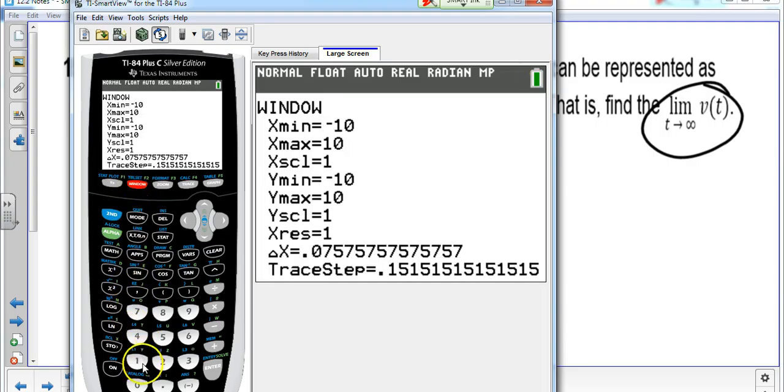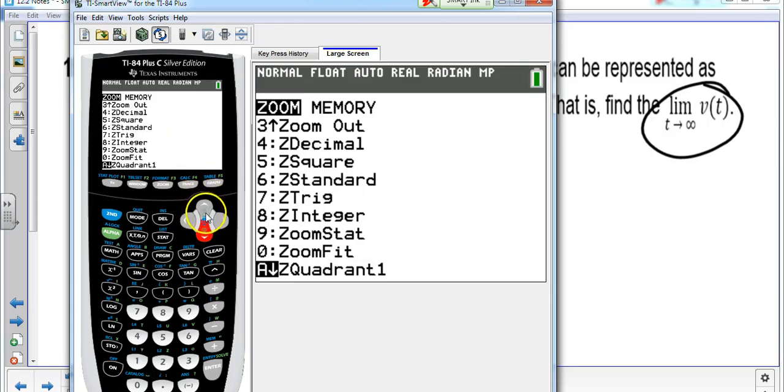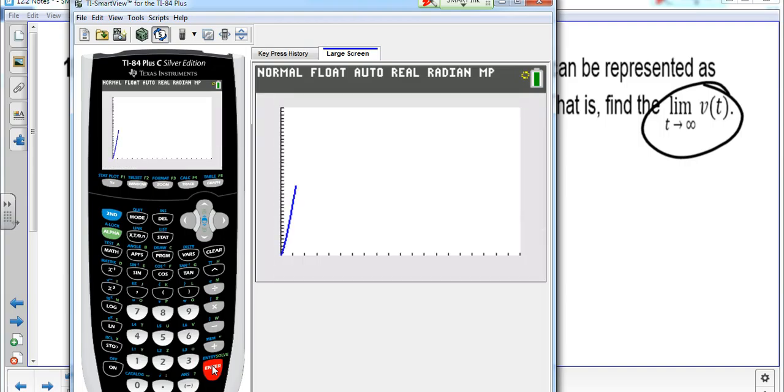If x is years, I'm going to go 0 to 20 years for my x. And remember, once you're doing an application problem, if you've chosen an appropriate x window, that is the one and only time when it's okay to choose zoom fit. And it still won't choose the same window I would have chosen, but